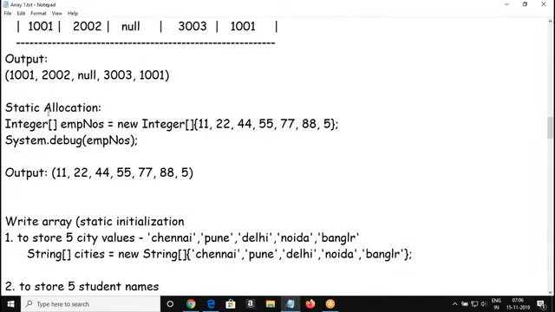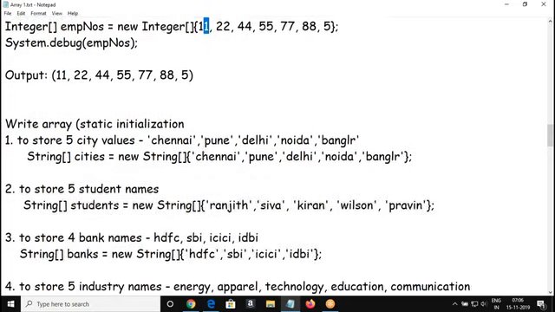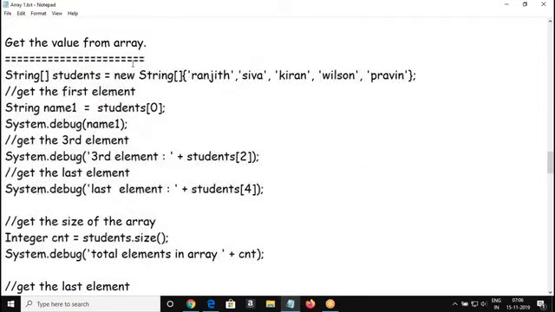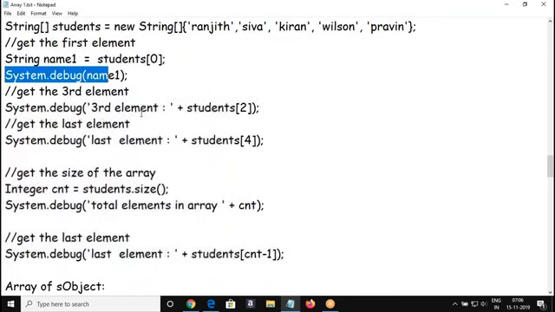And while declaring an array, you can also initialize it with values in this format. Next to the open and close square brackets, in braces, you give the values. It's integer, so I give them without quotes. If it is a string, we give them within single quotes. So this is called static initialization, right? And you can also add values dynamically in this format. For a string, we add like this. We will follow this.